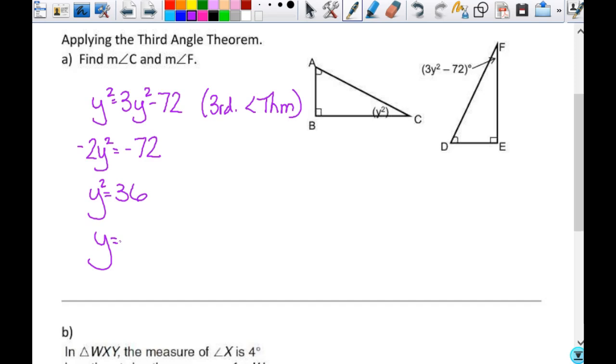What's the square root of 36? So you just get one answer. Plus or minus 6. Do they both work when you plug them back in? Yeah, you got two answers, and they both work. Okay, so we know that these two angles here are congruent, so their measures are the same. When I plug back in, whether I plug 6 or negative 6 in, I end up getting the same answer. But the measure of angle C is equal to the measure of angle F, which is equal to 36 degrees. Now,